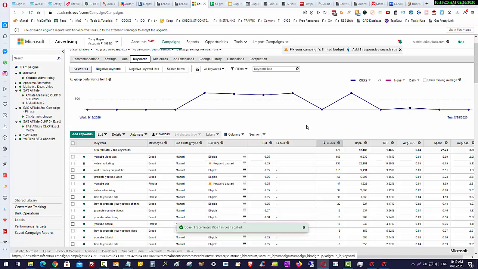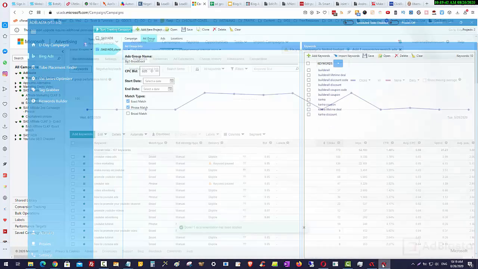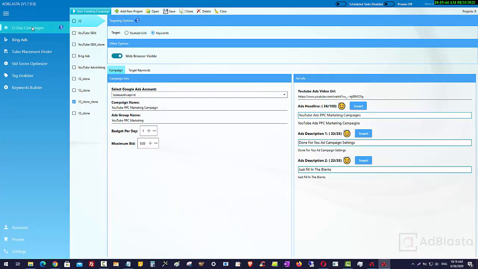And what will probably happen as well, what we're seeing from that specific launch for the penny clicks YouTube ads, is that people have bought the front end, they didn't buy the upsells, and then they come back later starting to look for the upsells because they can see the power of what we got with that complete funnel where everything helps each other. For example, if I open up the AdBlasta here and I go into the D-Day campaigns,